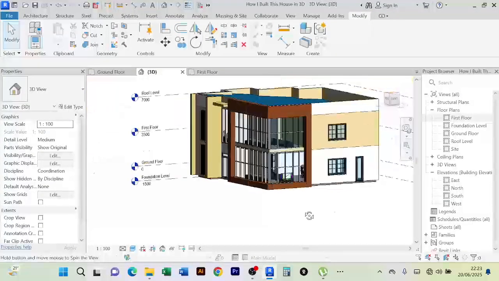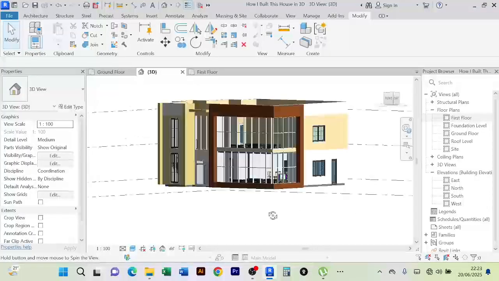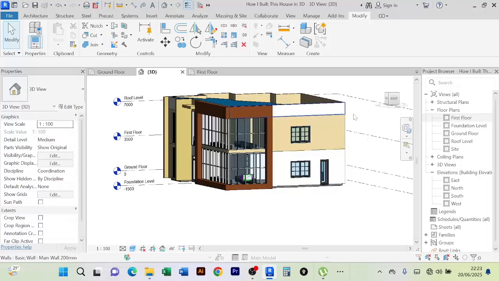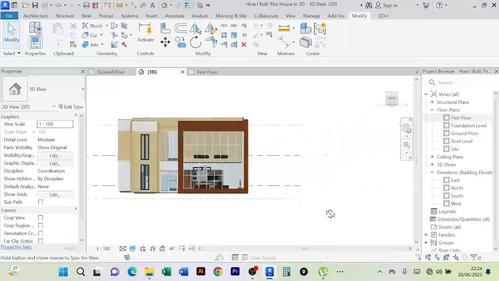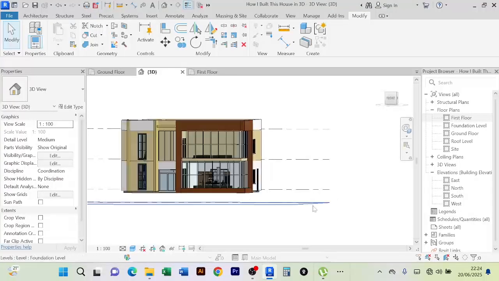So just like that, you see this area here, this is what we wanted to achieve, and we have achieved it the way we wanted to achieve it. So we are going to create now something this side. We shall create something along this side, and let's first see what we have in